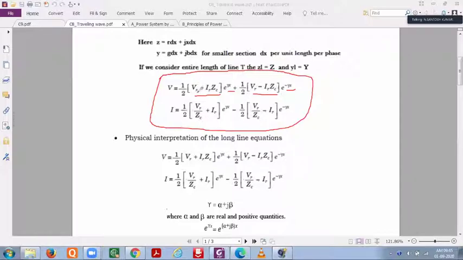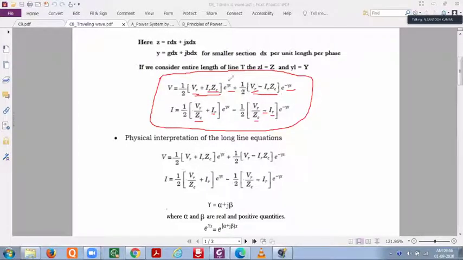Because voltage is voltage, we have written it here. But voltage in terms of current and impedance we are also writing: V equals IZ. Same way, VR is the first term, with the negative sign, voltage in terms of current and impedance, IR ZC. Similarly, current equals voltage by impedance, and the receiving end current is IR. The same way, VR by ZC, negative. Meaning here we have two terms, right? Two components, one positive component, one negative component.